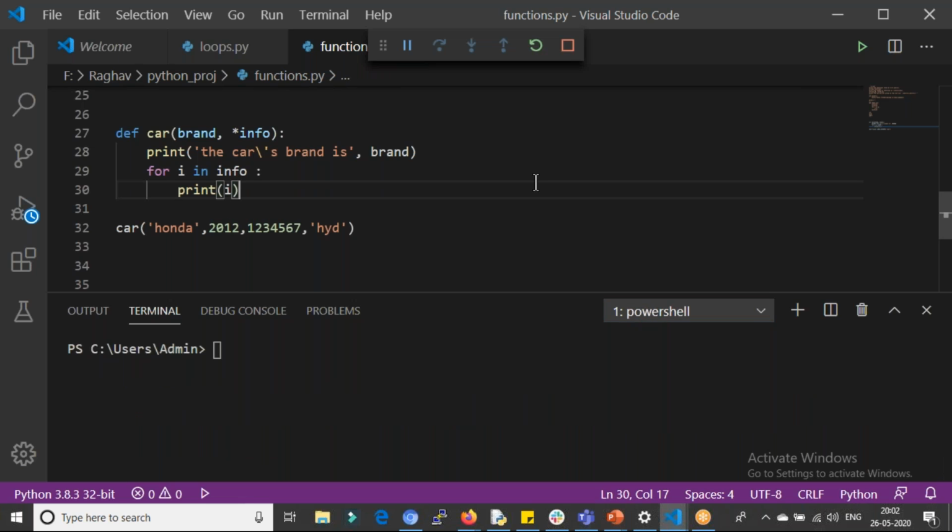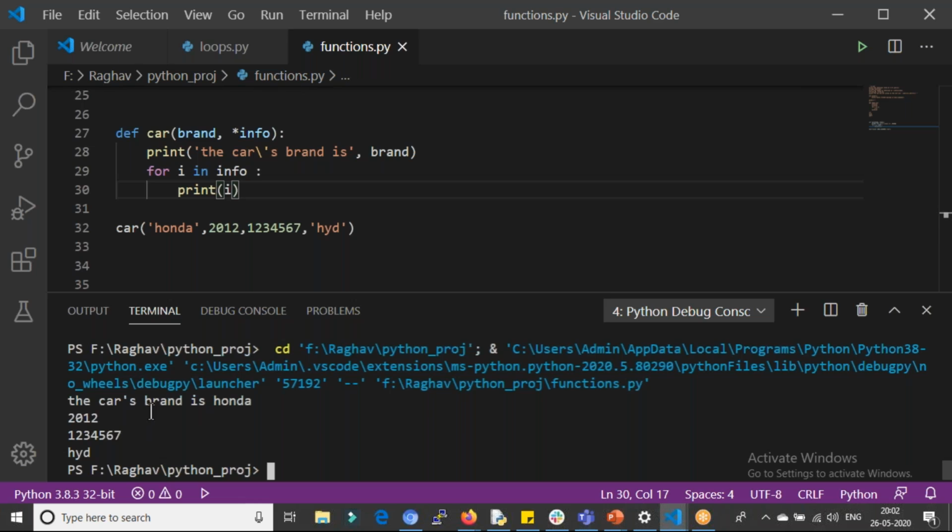Yeah, so I got the car's brand name, 2012, this number, and Hyderabad.